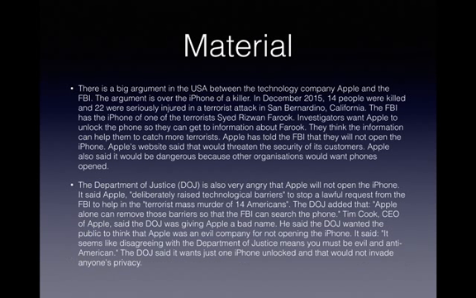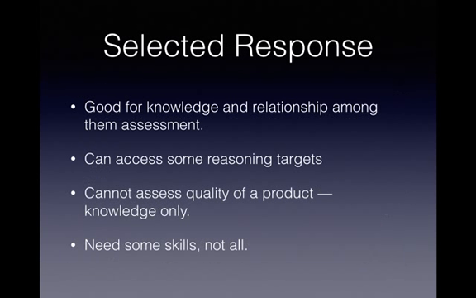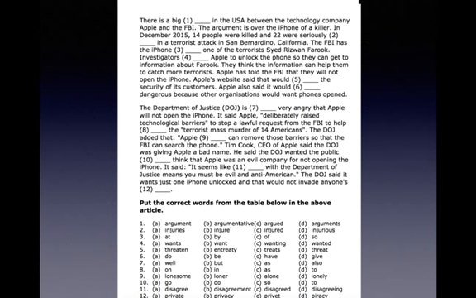Here's the material. It's not a big one, so we don't need to look at this. And I selected the selected response because of the characteristics of the method. First, it's good for knowledge. Grammar is knowledge. Can access some reasoning targets? Yes, why? Cannot access the quality of product. Definitely not product. Need some skills? Yes, they do need some skills, but not at all. And here's the